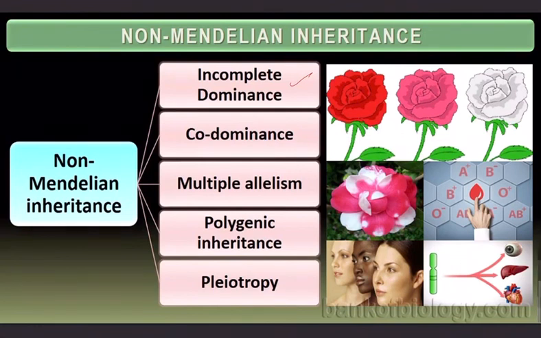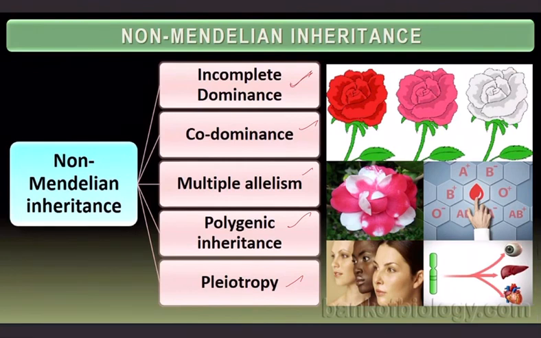Thanks to Mendel, he could observe that there are some deviations. Those deviations are referred to as non-Mendelian inheritances. Let us see them one by one. There is incomplete dominance, which means dominance is not complete. Capital T is able to express, but here that dominant gene is not able to express fully. That is incomplete dominance. Then codominance means both the recessive gene as well as the dominant gene express together. That is codominance.